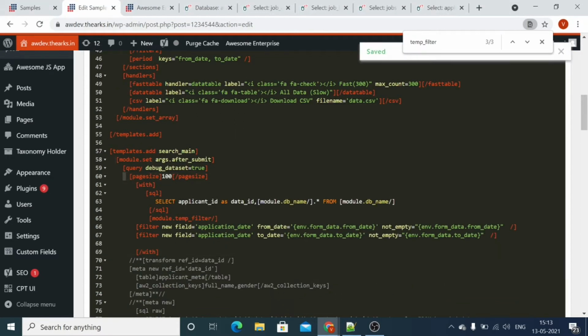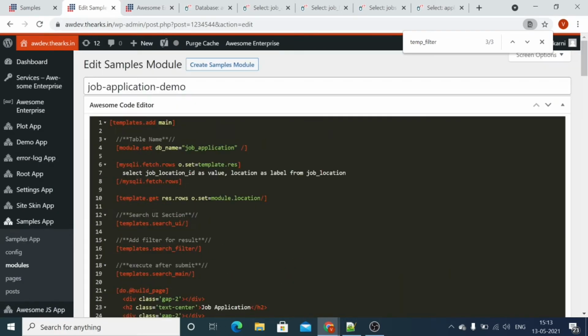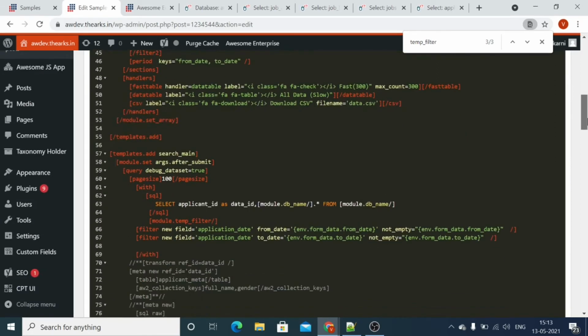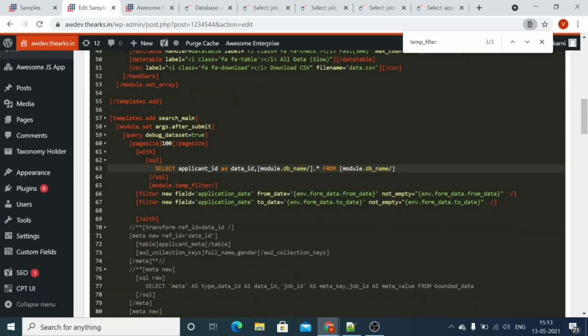Now this will help us to fetch the records of one page up to 100, and this is our base query. We will fetch all the data from the job application. So this variable is declared here, job application table. So we will fetch all the records from the job application.